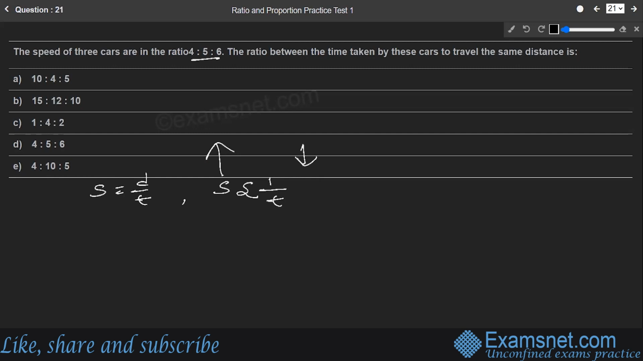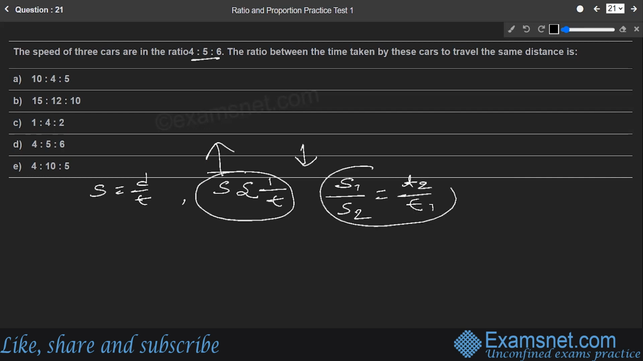So we can establish the connection that speed is inversely proportional to time. One increases, the other reduces. So we can say that S1 by S2, if there are two speeds, will be equal to T2 by T1. The ratio will be inverted. So this is the connection between two speeds, and this can be established between three speeds also. So when the speeds ratio S1 is to S2 is to S3 is 4 is to 5 is to 6, then we can say that